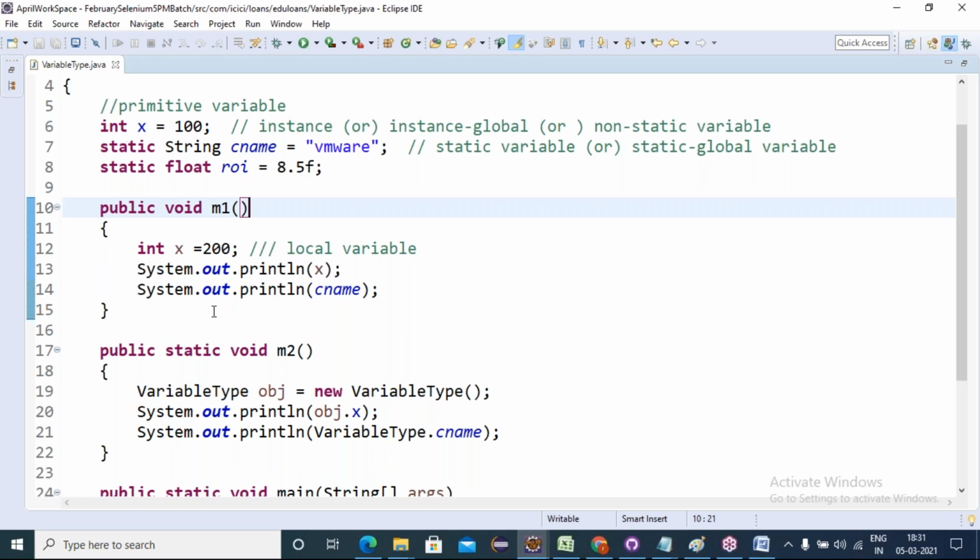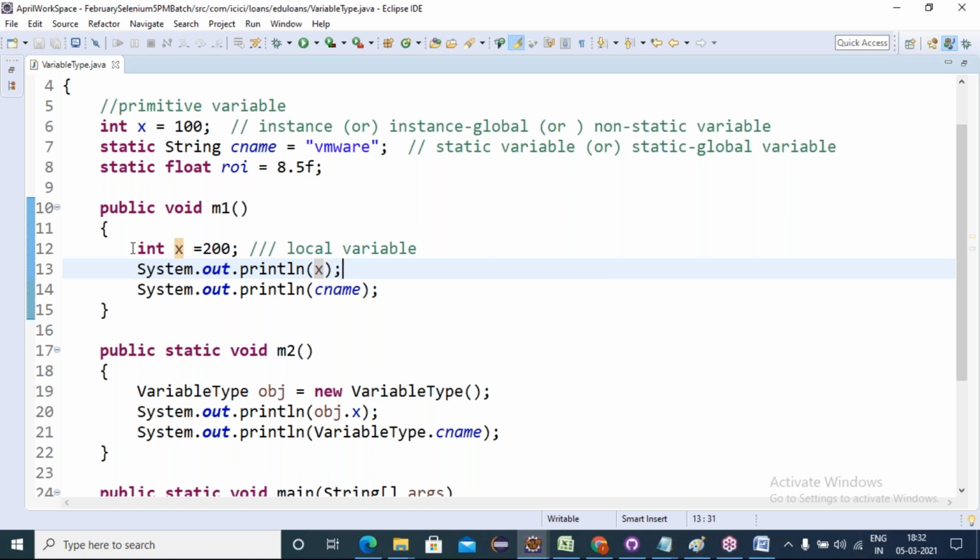Observe the colors. Instance is x, local is x. I am printing x here. Local variable, yes, 200. Always the local variable comes first.